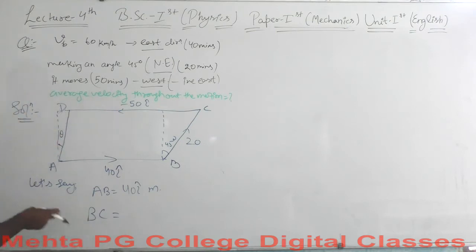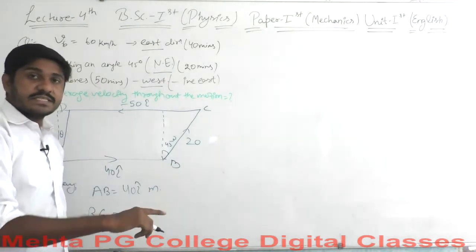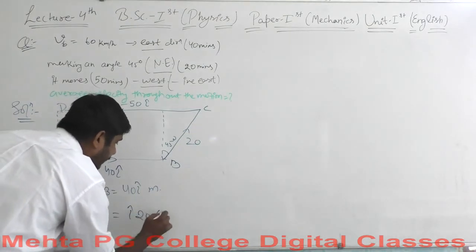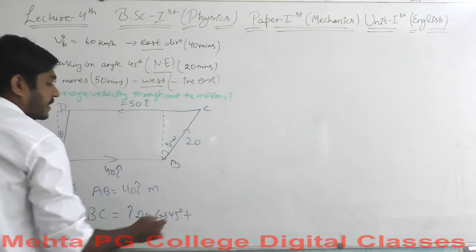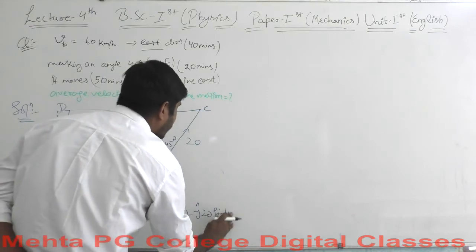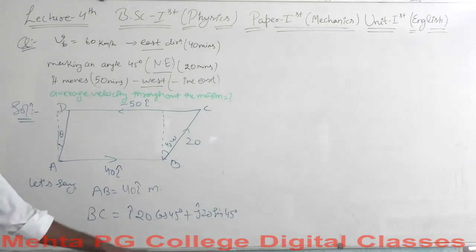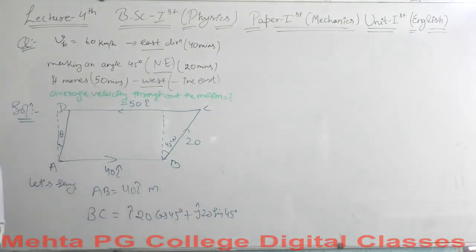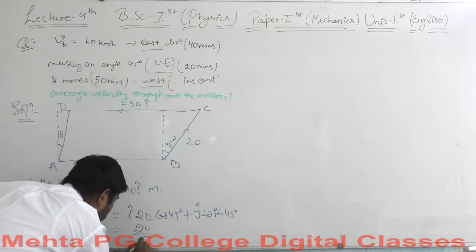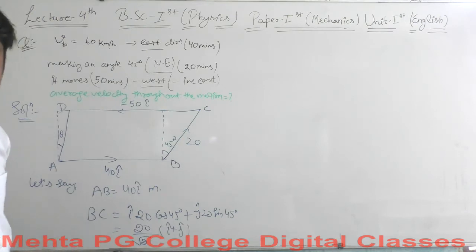if you remember the horizontal and vertical components we discussed for the northeast direction in the previous example, then you will get i cap 20 cos of 45 degree plus j cap 20 sine of 45 degree. This is the horizontal component and this is the vertical component. So the values here are 20 over root 2 i cap plus j cap, this will remain here.